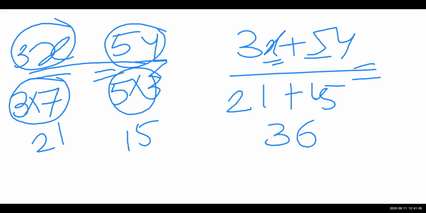Move with the flow. What is given? X is multiplied by 3 in the numerator, so multiply the denominator also by 3. If the numerator is multiplied by 5, the denominator is also multiplied by 5. As addition is given in the numerator, add the denominators also. Just simple. Okay? Clear? Okay, fine. So we will move to the next question.